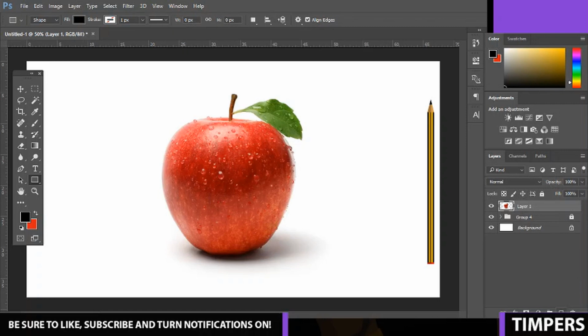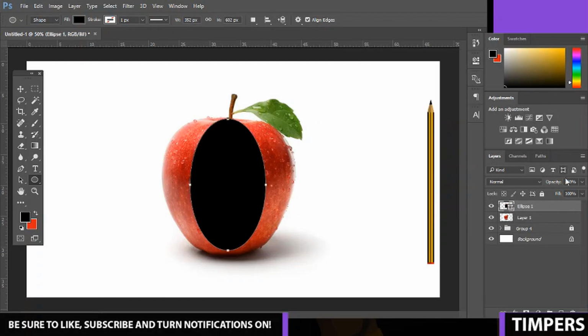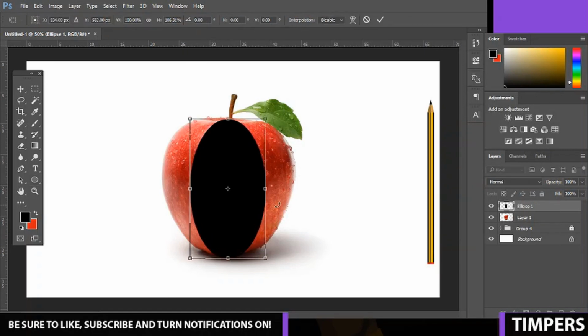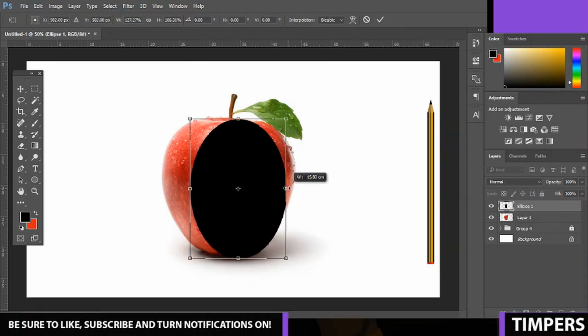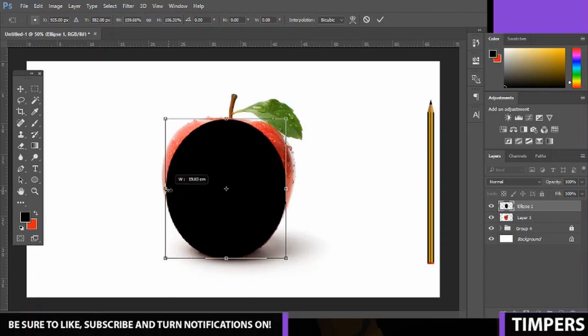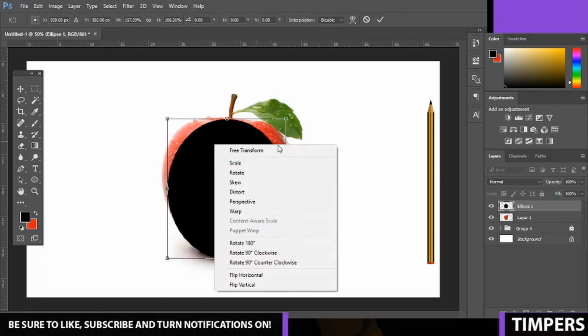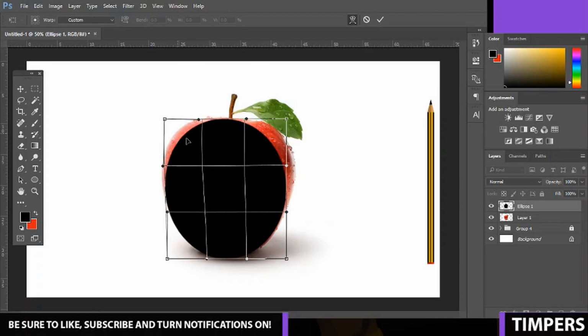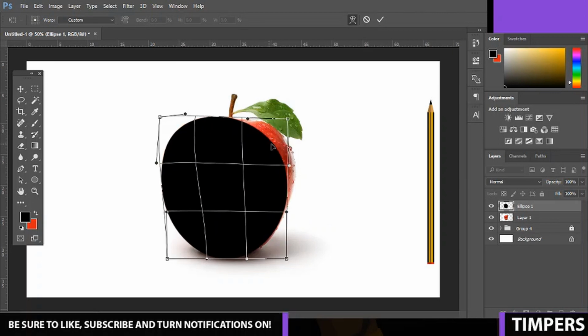So what you want to do is add a new layer above it. In fact, what we can do is we can use the ellipse tool for this. So if you just make a circle like so, rasterize it, and then we can just change the shape of it. You can just use the warp tool like so,